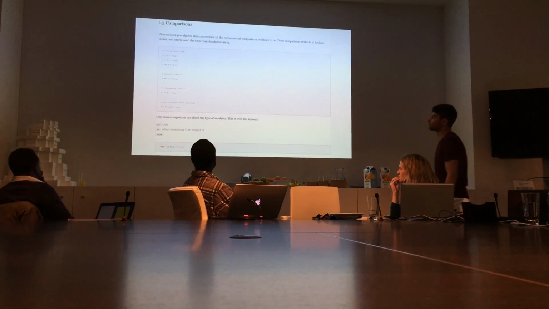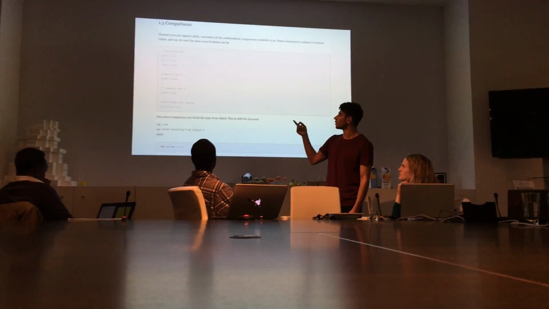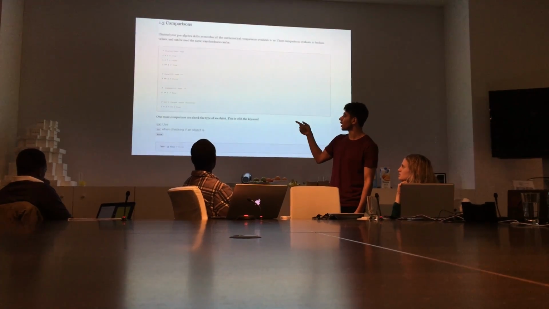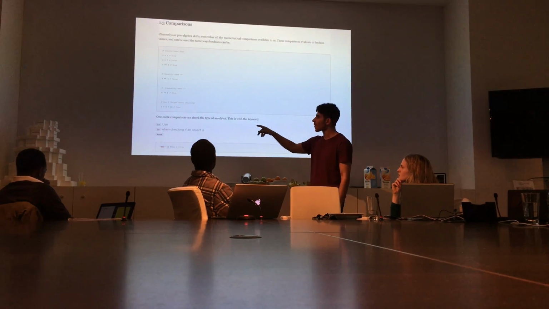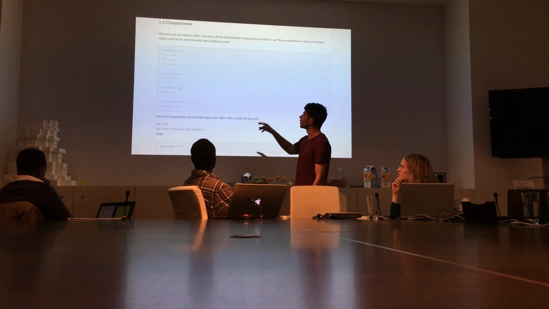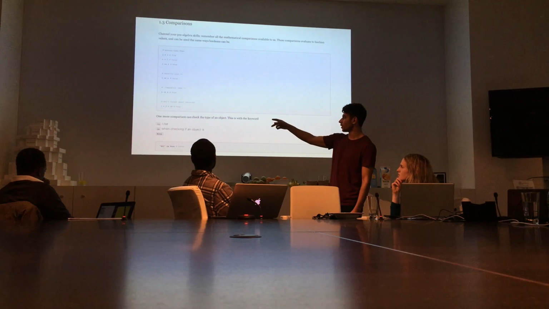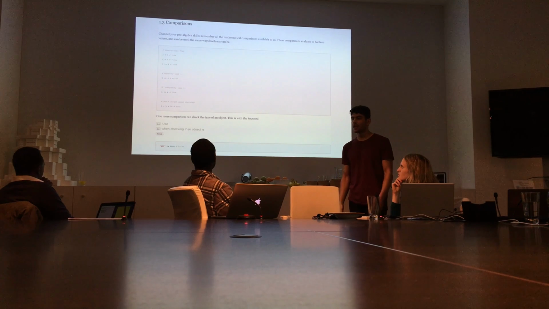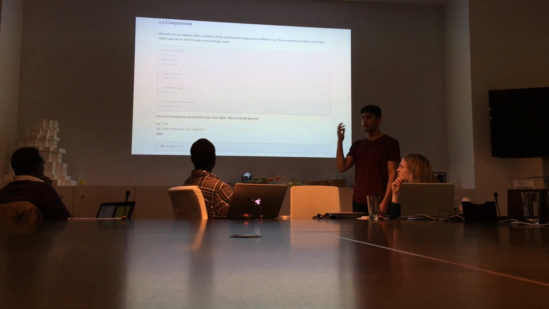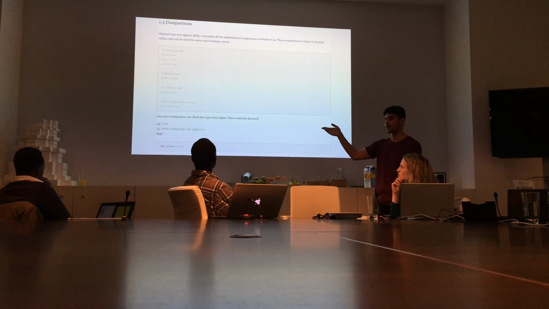Comparisons are just like other languages really. You have greater than, less than, greater or equal to, the equality and the inequality. Now one thing about Python is chaining. You can actually chain these comparisons. For example, the last one here, we have 1 less than 5 and 5 less than 10. We can chain as many of these as we want, and we know that 1 is less than 5 and 5 is less than 10. So that will give us True.